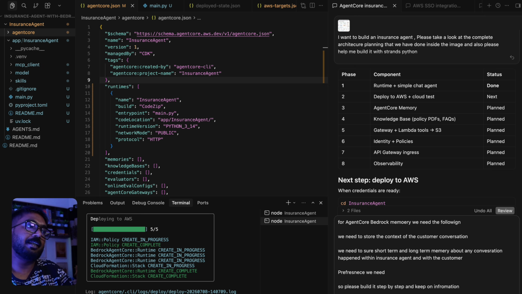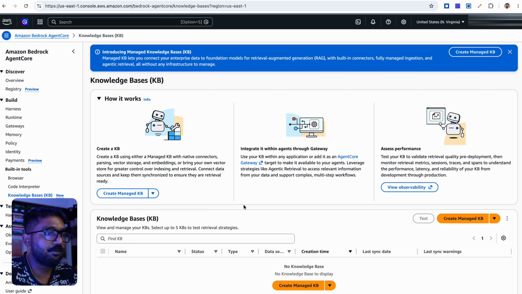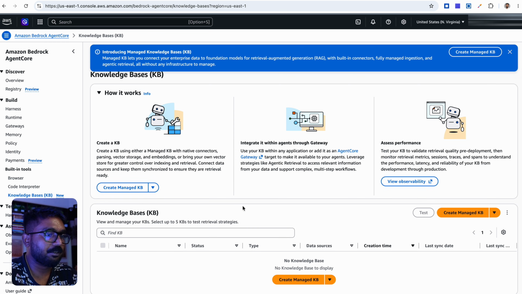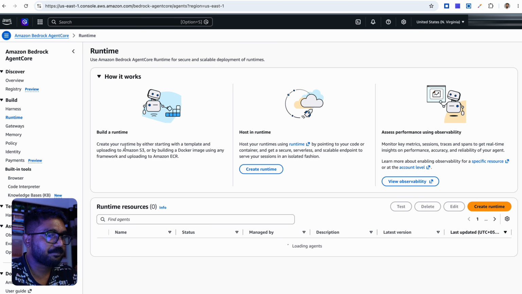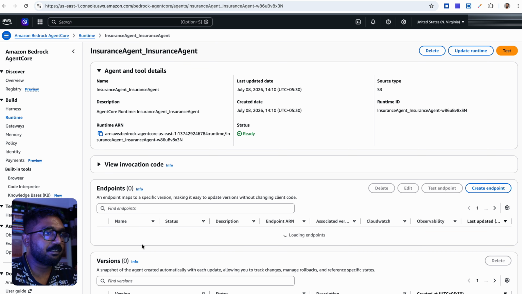So you need to make sure we understand the complete architecture of the app, and understand what is going on inside AgentCore, inside our main.py, and how it's organizing and making the new folder. It says that it has deployed to AWS. Now let's check if the runtime is available inside AgentCore or not. So this insurance agent has been developed,